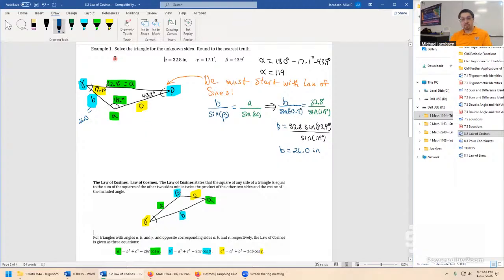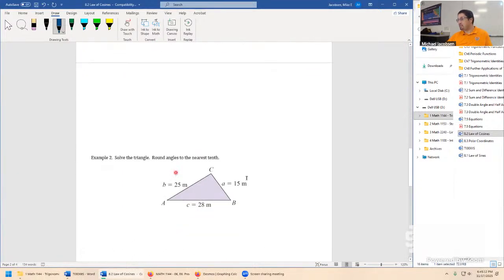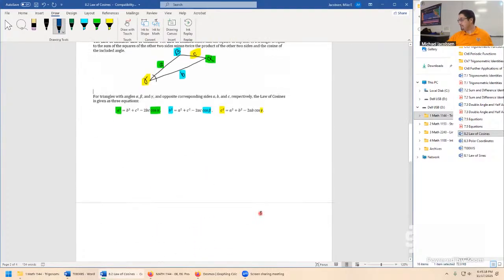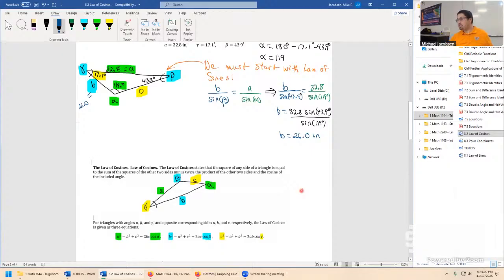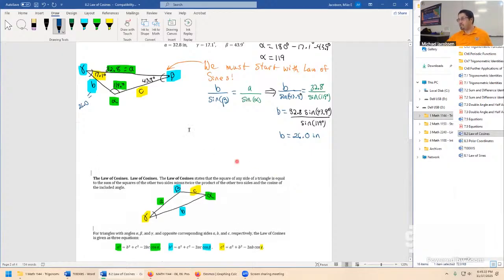Now, finally, with that information filled in, we can use law of cosines. Let's use law of cosines just to practice it as a technique to solve for the side length C. But if you decide to use law of sines again to solve for the side length C, it would work. It makes law of cosines feel kind of useless in a way, but I assure you it's useful. It's the only thing that works on this one. You can't use law of sines on the very next example we'll take a look at. So just for the sake of practicing law of cosines, let's finish out this one by actually using it.